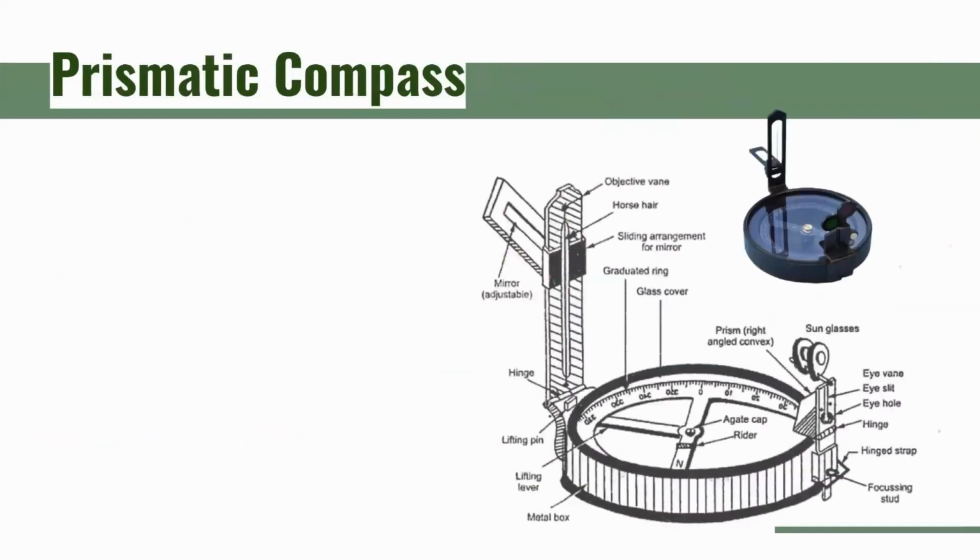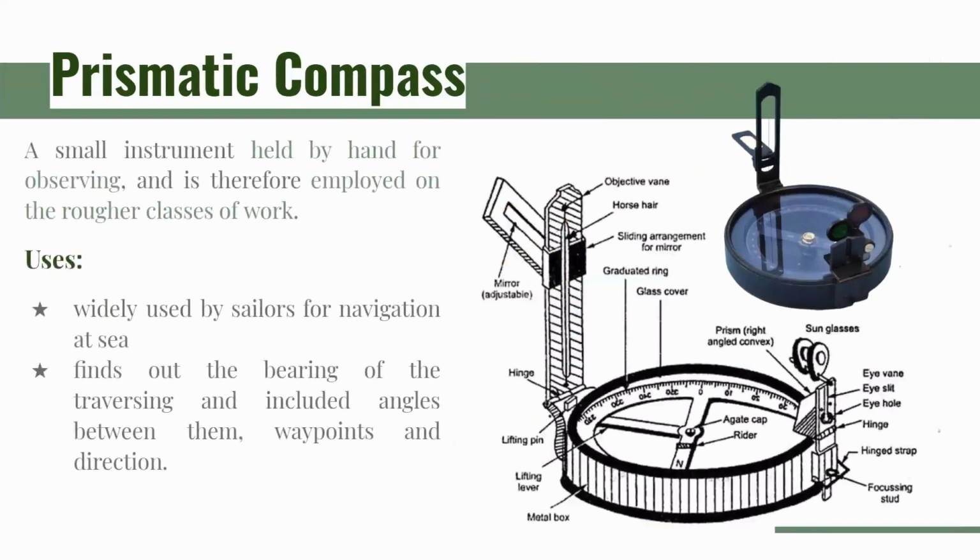The prismatic compass is one of the two main kinds of magnetic compasses, the other one being the surveyor's compass. It is a small navigation and surveying instrument held by hand for observing, and is therefore employed on the rougher classes of work. The graduations are found on a rotating card instead of being on the compass box. The card moves with the needle since both are fastened together. Two short sighting devices are provided, and magnetic bearings are read by means of a prism at the same instant that the compass is sighted along the line. It is widely used by sailors for navigation at sea. It is extensively used to find out the bearing of the traversing, including the angles between them,